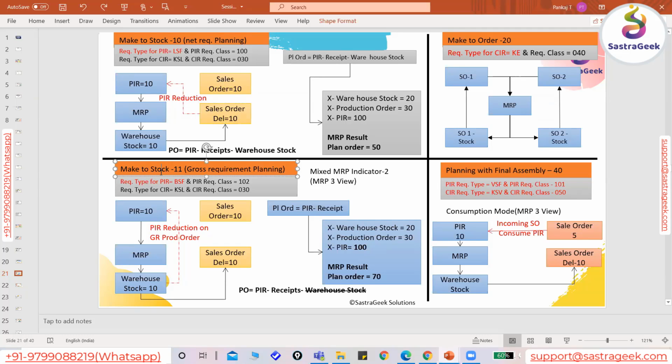Then we discussed the 11 number planning strategy, where after production itself the PIR will get consumed, right? So what is the basic difference between the 10 and 11 number strategies? Like in the 11 number strategy, the warehouse stock will not be considered in the net requirement planning during the MRP run. So these kinds of planning strategies we discussed theoretically first, and also we tried to run the scenarios in